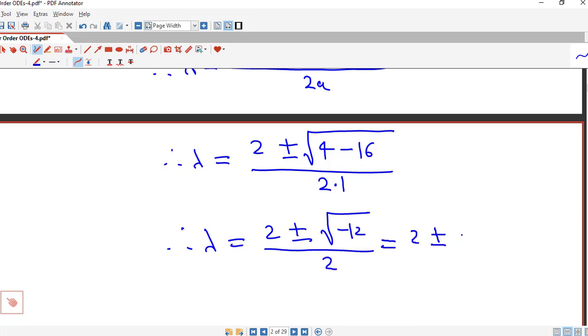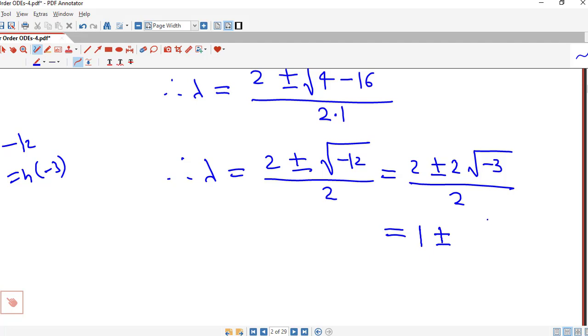Minus 12 can be rewritten as 4 into minus 3, and square root of 4 is 2, that we take outside, and here we will have minus 3. We are writing minus 12 equal to 4 into minus 3, and square root of 4 is 2, divided by 2. So this is nothing but